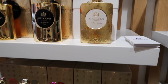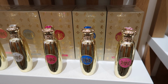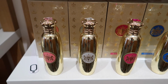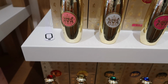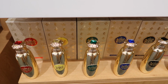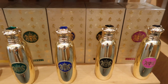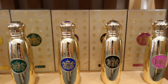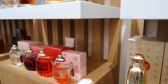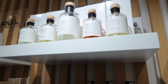We're just going down below. Now, this brand I'd actually never come across before, and when I was speaking with Peter, he was explaining that I think they're exclusively at the store. I don't know if I remember that correctly, but anyway, you have a good idea of the different fragrances that they have. Lots of woody, sweeter. The fragrance that I did try from this brand, I found that it leaned a little bit sweeter, which was interesting. You also have Elisab, I'm just seeing which other ones,